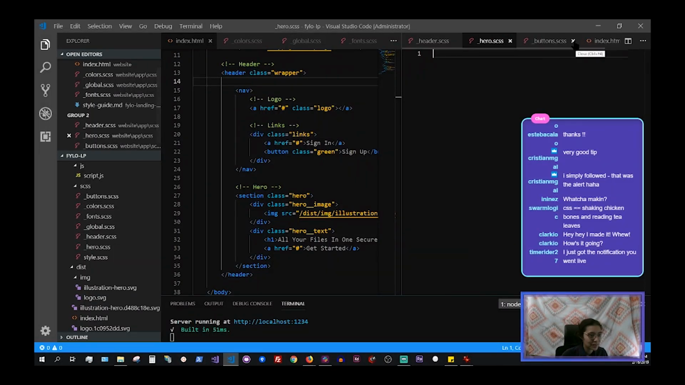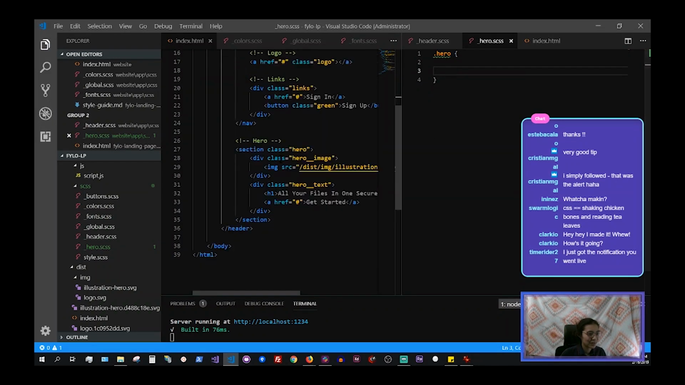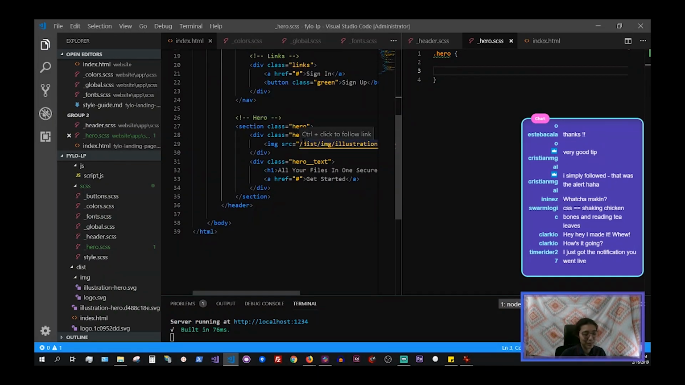We'll just close buttons since we don't need that right now. Okay, so hero. I don't know if I'm doing this by the textbook, but I try to use kind of BEM. BEM stands for Block Element Modifier. It's a way of writing your CSS classes, usually if you're using Sass, because